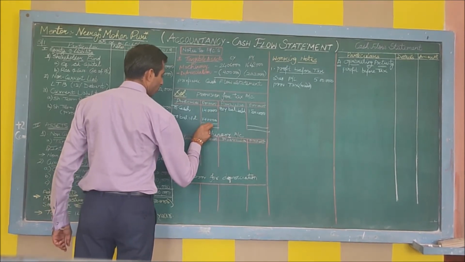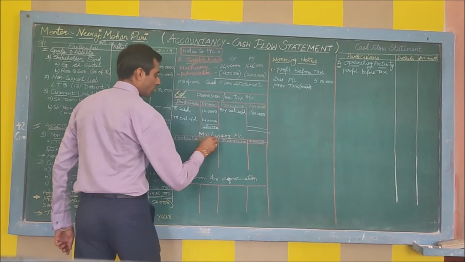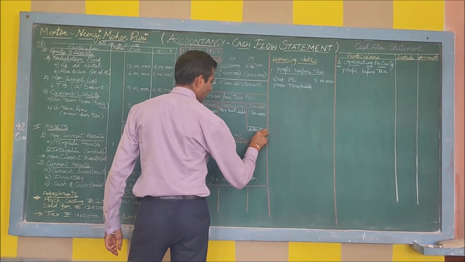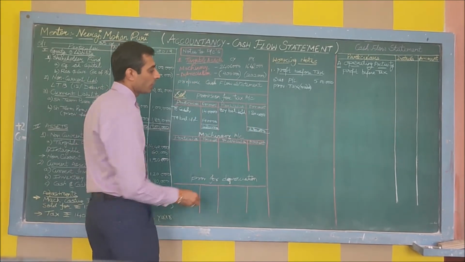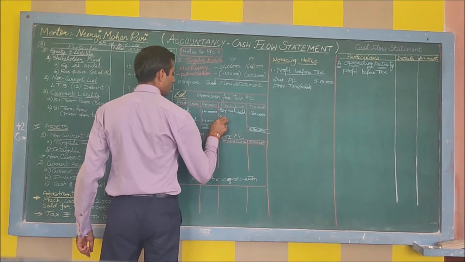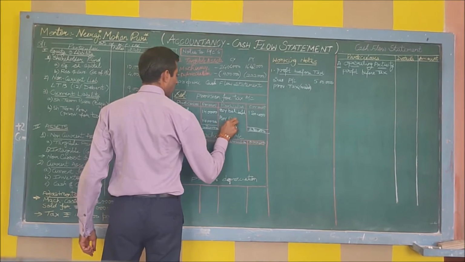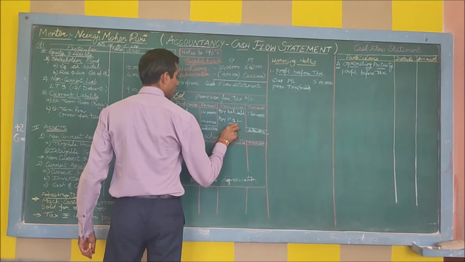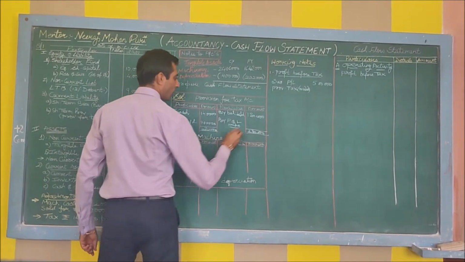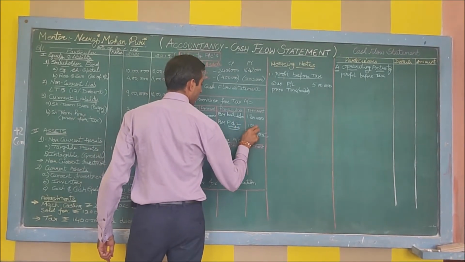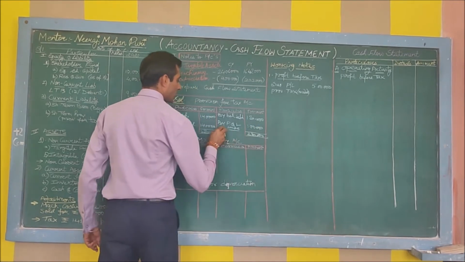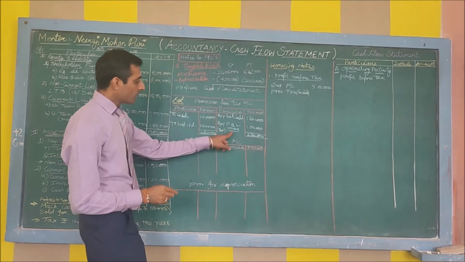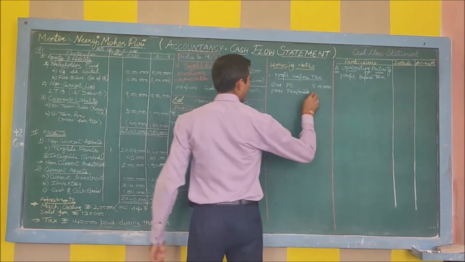Do the total of this. This gives us 2,80,000. The same total will be copied on the credit side. Total column 2,80,000. From 2,80,000 subtract 1,80,000, and we will have a balancing figure which is by profit and loss. This is the value for made, and this is added in operating activity. Difference is 1 lakh. This is our balancing figure. This value will be transferred here, 1 lakh.